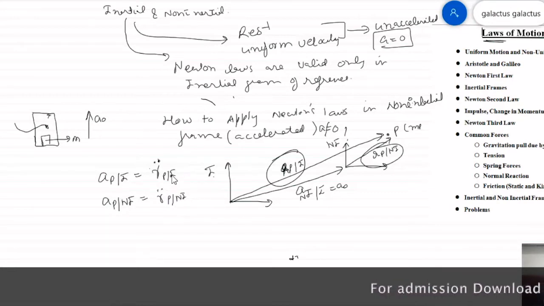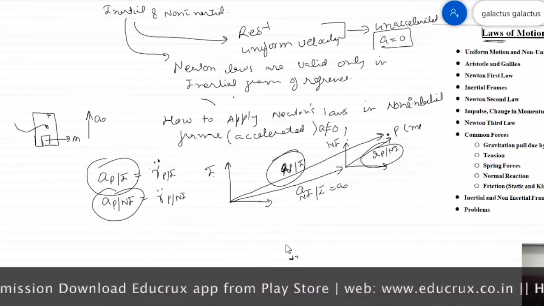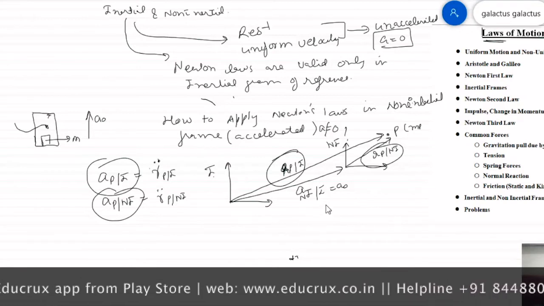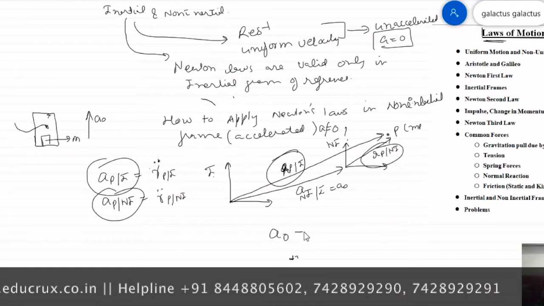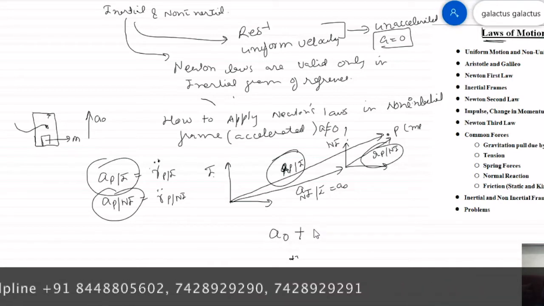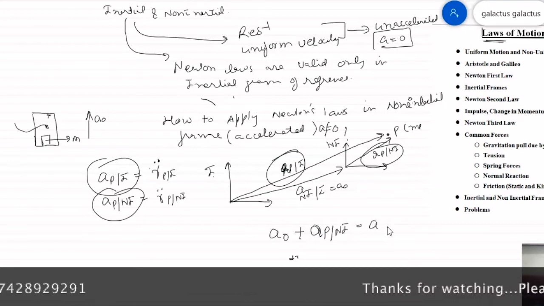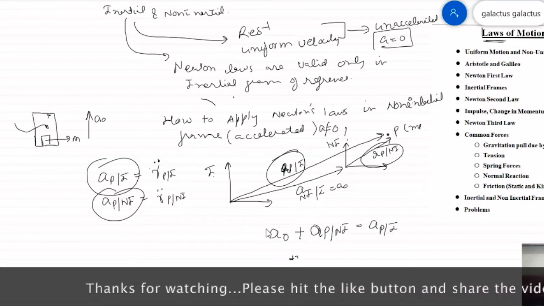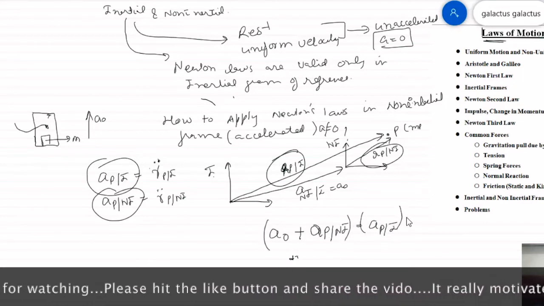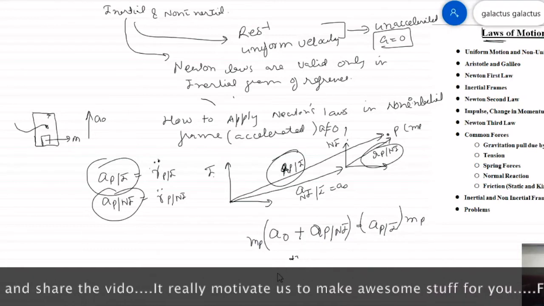The double time derivative of the position vector gives us the acceleration in the respective frames. So if I now apply the triangle law of addition, I'll get A naught plus A_PN equal to A_PI. Now if I multiply by mass on both sides, that is the mass of point particle P, I will get